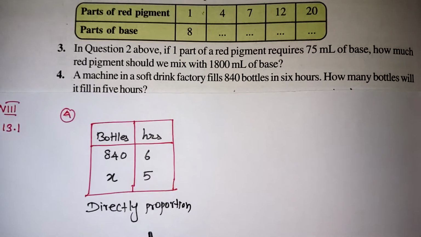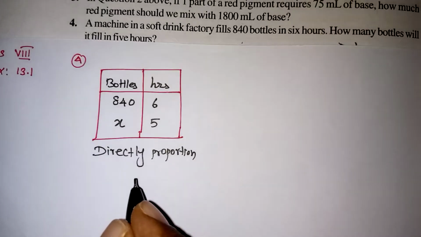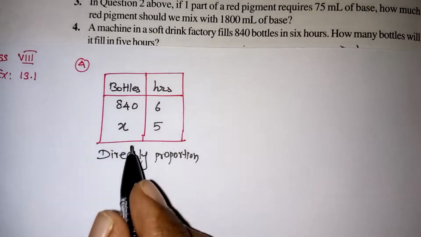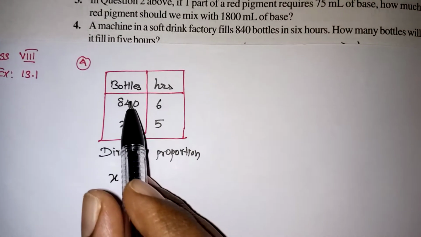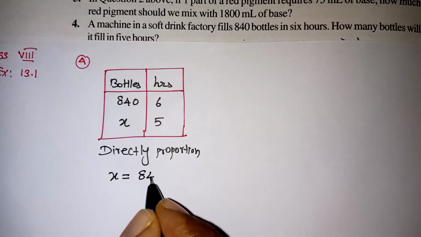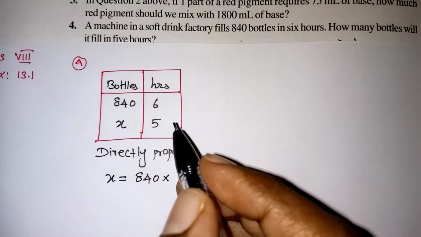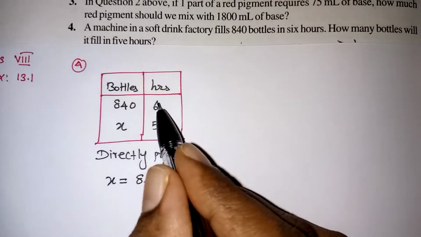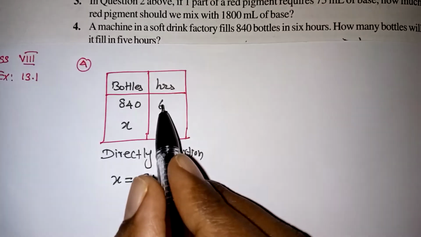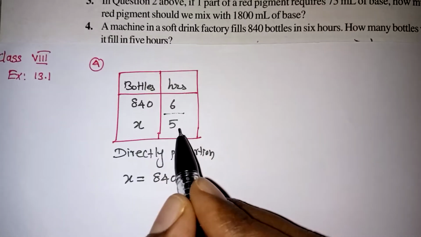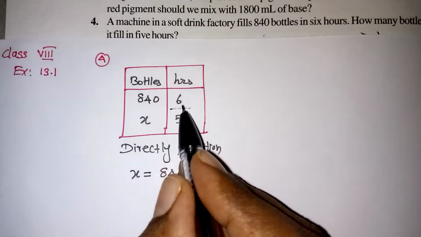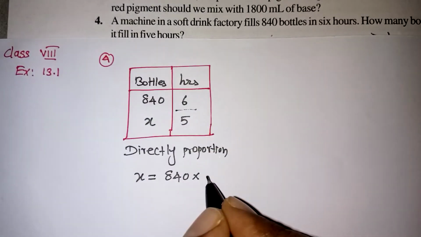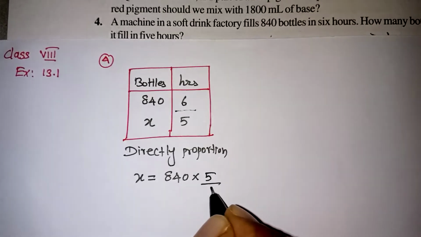Now if it is a direct proportion problem, we have a shortcut to find this value. Now you want to get the value X. So you just write X is equal to. Whatever number is given along with the X should be written first, that is 840. Multiplied by, definitely one box will be filled with the two numbers, that should be taken as a fraction. This number you have to consider as 6 by 5. If it is a directly proportional problem, take this fraction as a reciprocal. This is 6 by 5, we have to write 5 by 6.